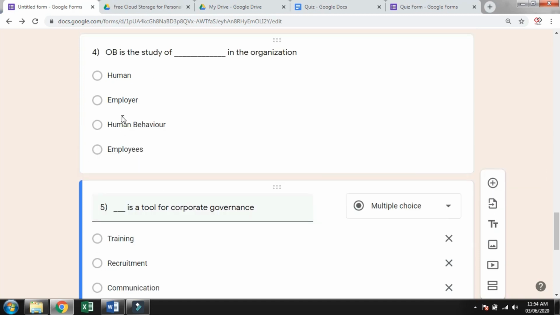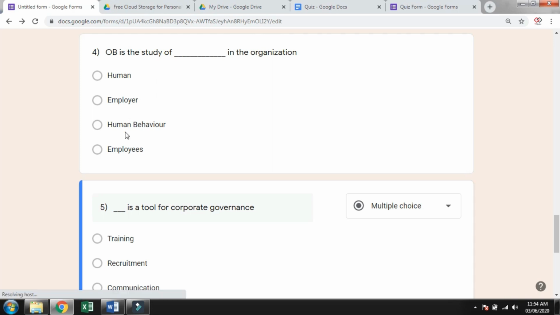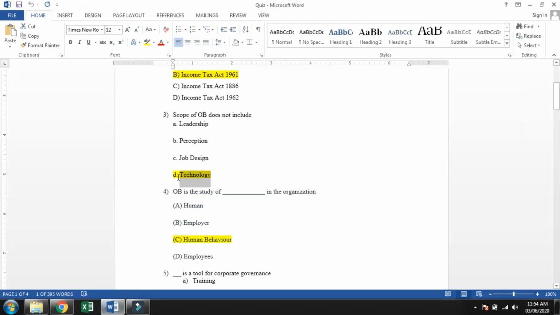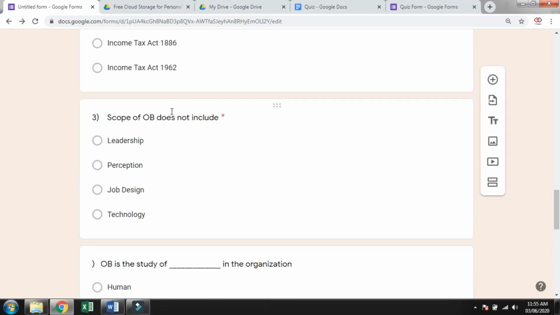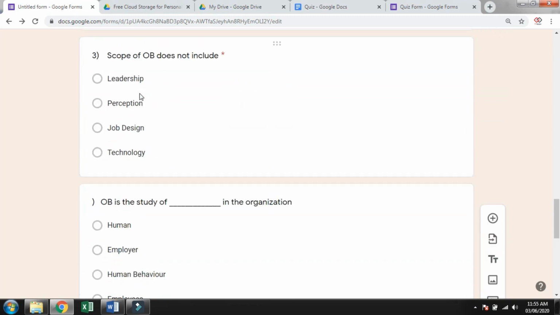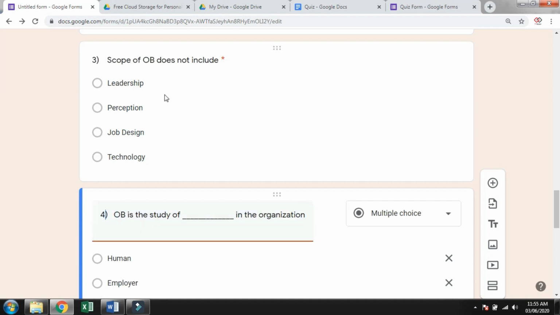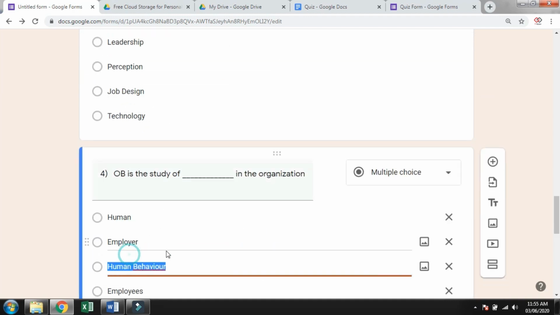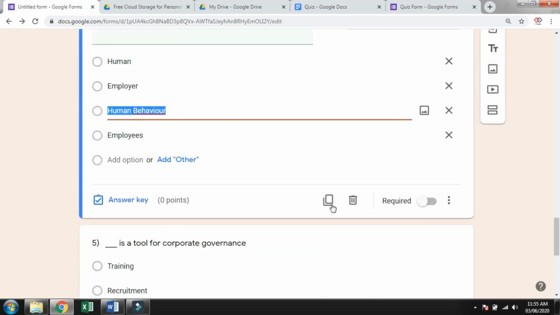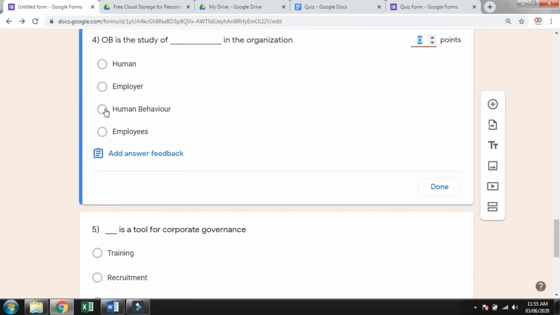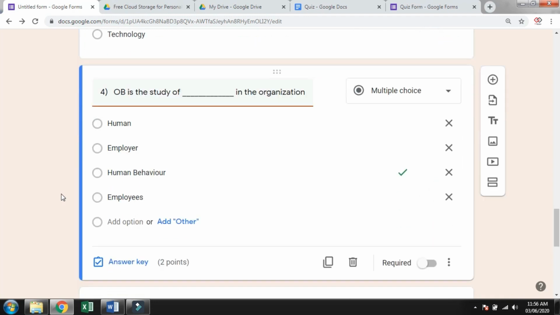I'm going to add answers for this. For the fourth one, the answer is C, that is human behavior. So I'm adding the answer key: human behavior, 2 points, done.